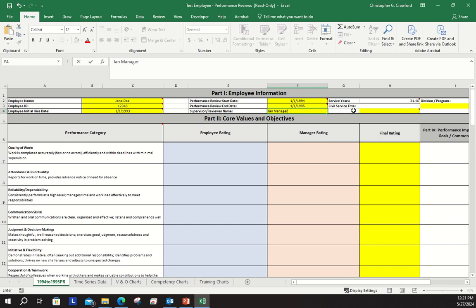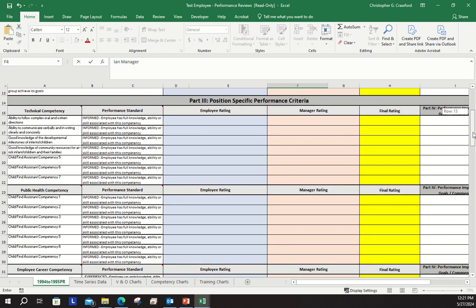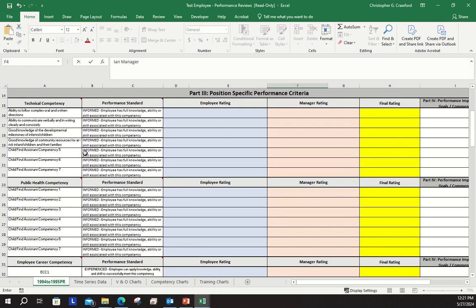Okay. We're about to enter the civil service title, but before we do that, we're going to just quickly look down here. The current civil service title, and the only reason it's the current one is simply because this is what was saved, is child find assistant. And down here you'll see something called competencies, which we'll talk about, but they're all child find assistant competency 1, competency 2, all of that is